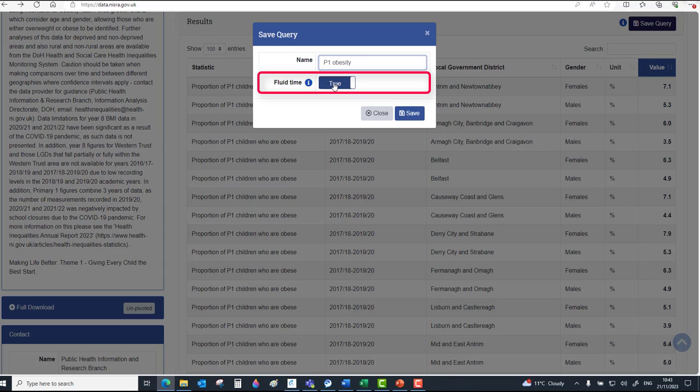You will also be given the option to save with fixed or fluid time. Fluid time allows you to maintain the same time pattern when new time points get published on the portal. For example, you could display the last 5 time points even if new ones are added to the data, and this is particularly useful for trend data. So I'll save my query,